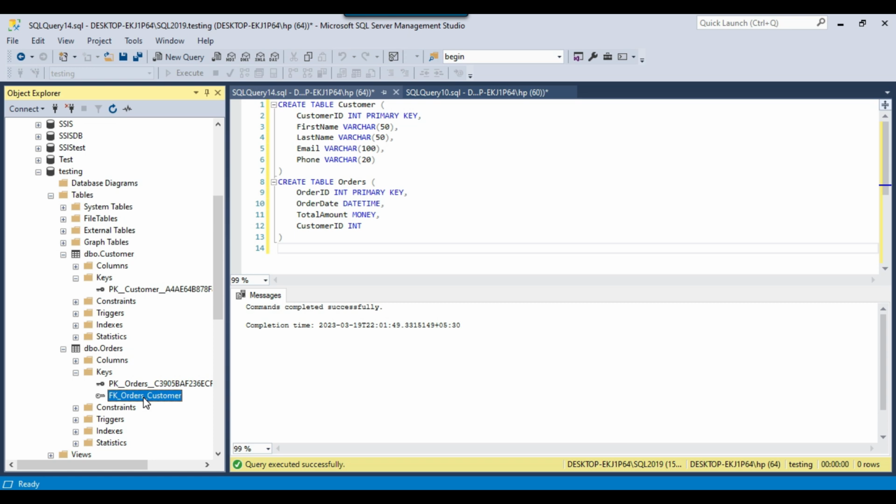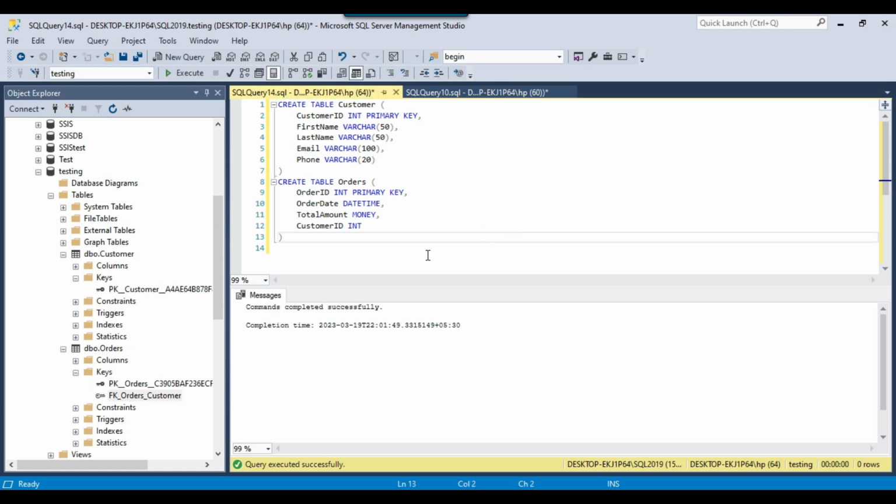Yeah, so this was an example of how you can create the entity relationship diagram. So I will share the create table statements for these two tables so that you can create the entity relationship diagram on your database as well, and maybe you can create the diagram on multiple tables. If you have more than two tables, then you can still create the database diagram on those tables as well.